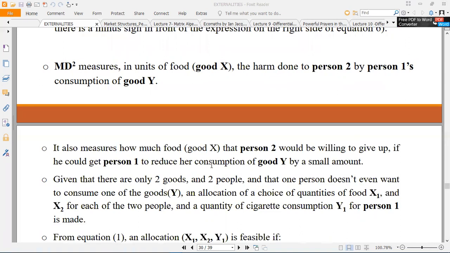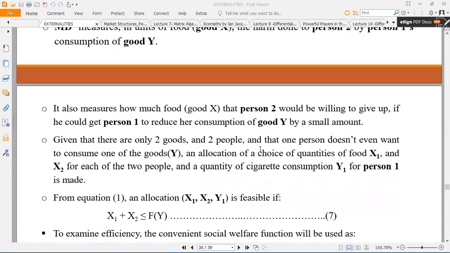So assuming that the marginal damage is 20, it means that the second individual is willing to sacrifice 20 units of food so that at least the first person will reduce the consumption of cigarettes by just 1 unit. I hope we understand that, by just 1 unit. So that is what the marginal damage actually measures. It measures the quantity of food, the good that the second person desires to consume, that he's willing to sacrifice in order to prevent the other party from consuming the good